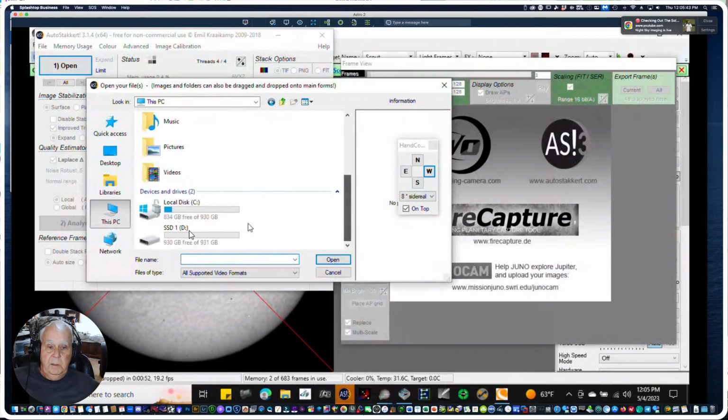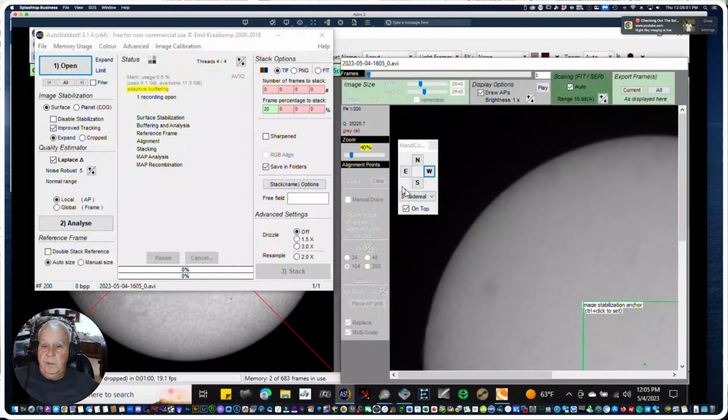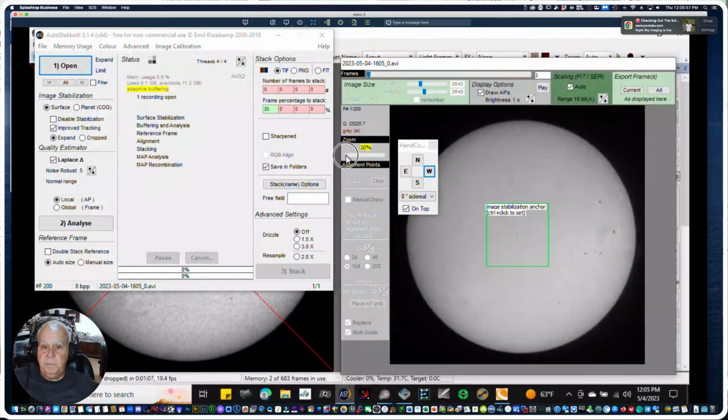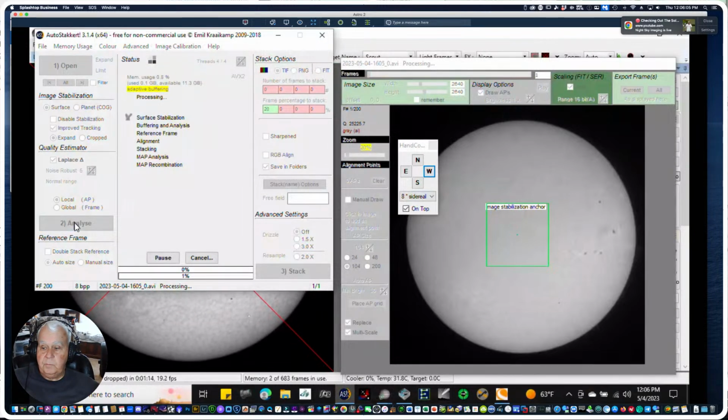So it is what it is. I think I opened this up twice, which is fine. Let's bring this down. And let's just go ahead, nothing's changed, and analyze it. And while it's analyzing,